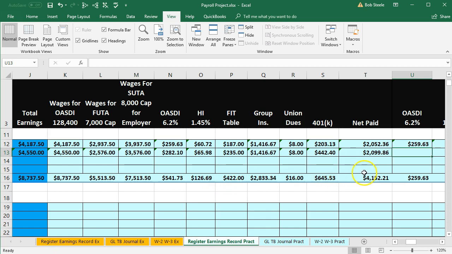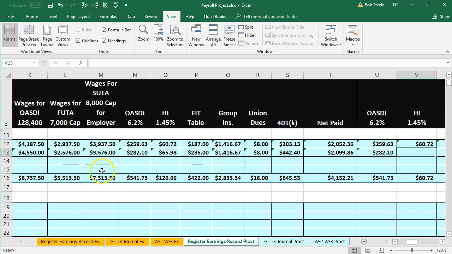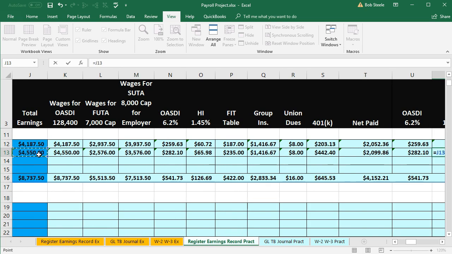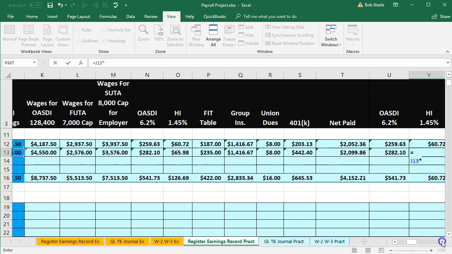Now we'll calculate the employer taxes. So OASDI should match this amount, but I like to recalculate it. So we're going to say this equals the OASDI wages times 0.062, which will be that same 282. The HI or Medicare equals, and we're going to scroll back over, it's going to be for the total amount here, times, and then it's going to be the